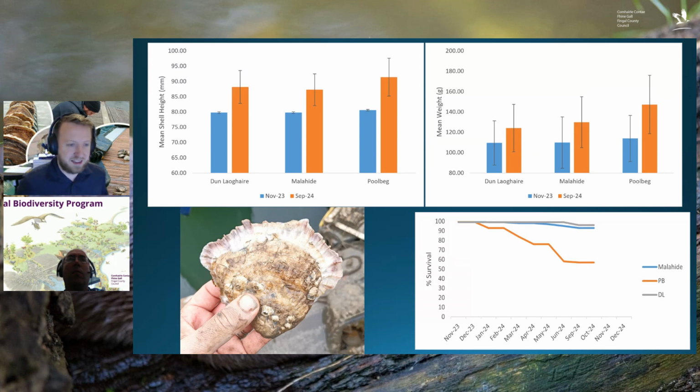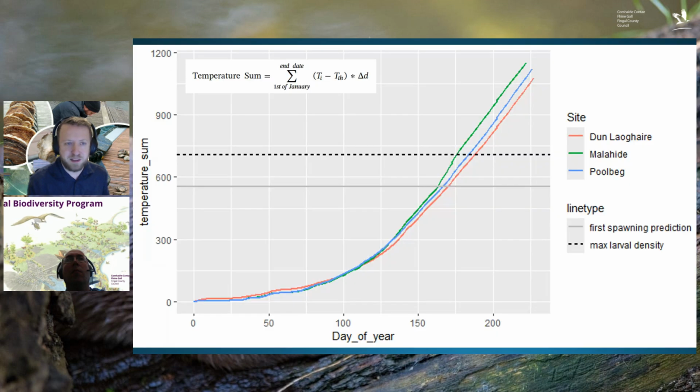And just to highlight that, the oyster that you see there on the left is one of the Poolbeg oysters. The darker parts of the shell at the main body is about the size it was before summer. After summer is when we expect a lot of the growth, during those summer months, the big growing period. All that light white and purple part of it is new growth that happened just over the summer at the Poolbeg site. So they've been doing very, very well after making those changes. We have a lot of those early results, which is promising for upscaling those projects for the larger piece of the research, which we'll get into in a bit.